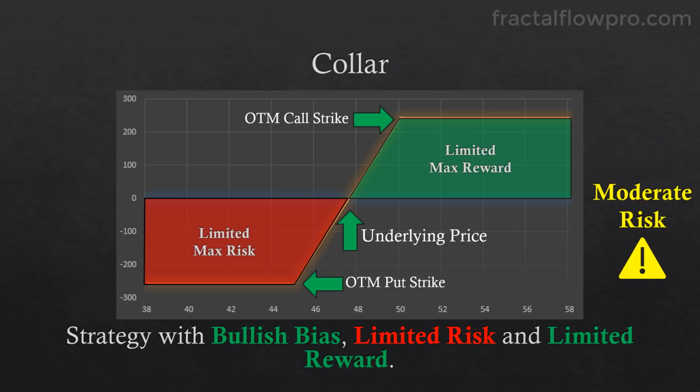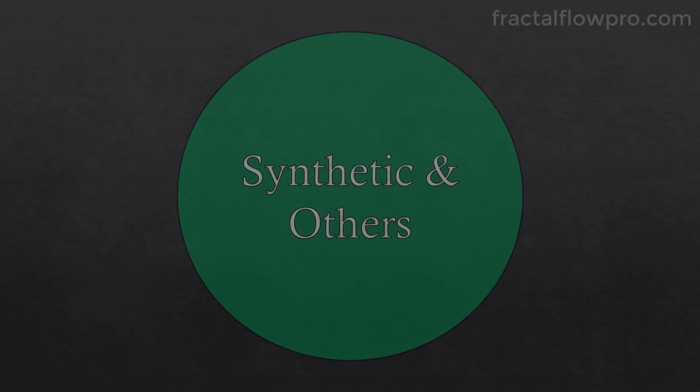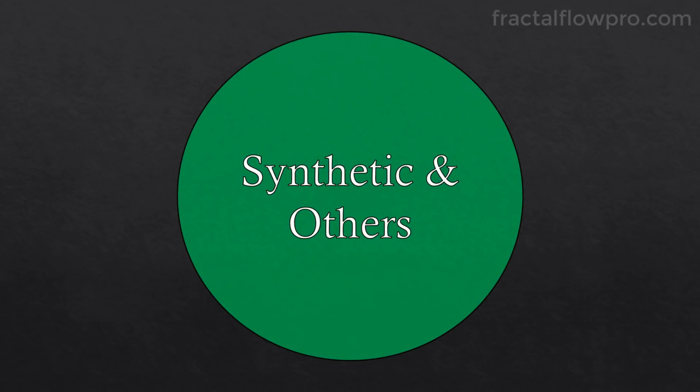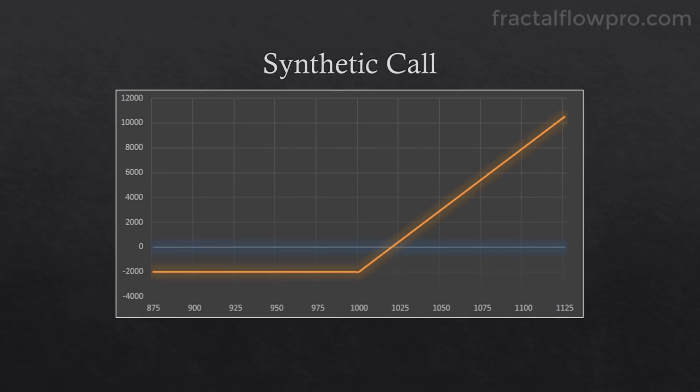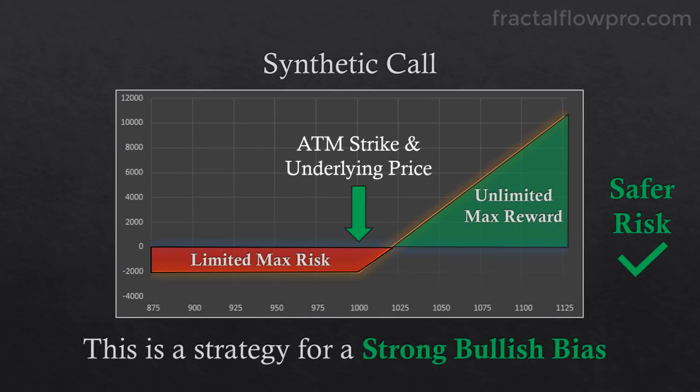Now we'll move on to the last category of strategies, which are the synthetic option strategies and a few others. The synthetic call strategy is a way to simulate the payoff of a call option using the underlying and a put option, so it consists in buying 100x shares of the underlying asset and buying an X number of at-the-money put option contracts. This combination will form the same payoff of a call option, so there is a limited risk